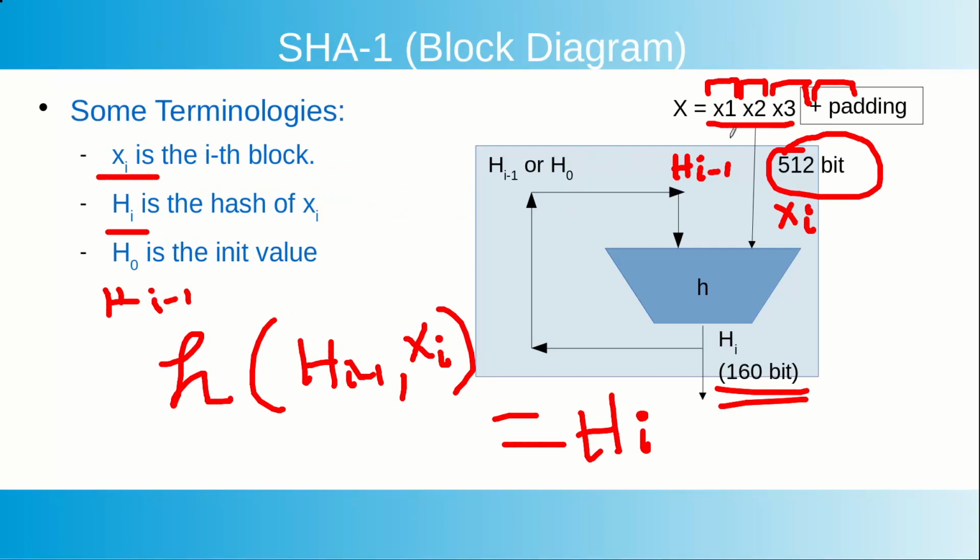Now, what is h0? h0 is required because whenever you are computing the very first block, you need the hash output of the previous block, but there is no previous block, because this is the first block for which we are going to compute the hash. So, in that case we take certain predefined values as the input of the previous block. That is called initial values, those are nothing but constants, and what those constants are I will tell you at the very end of this lecture.